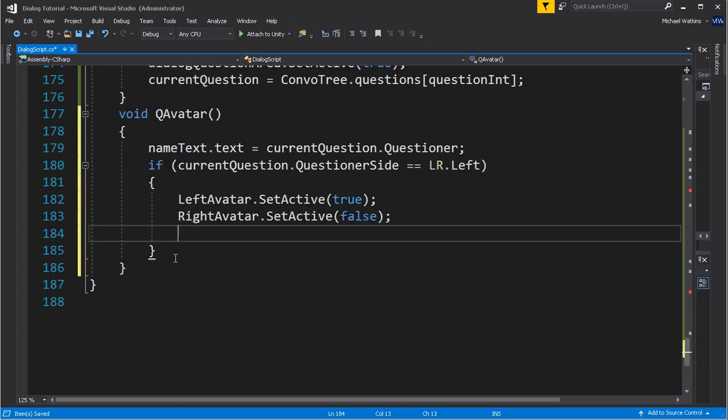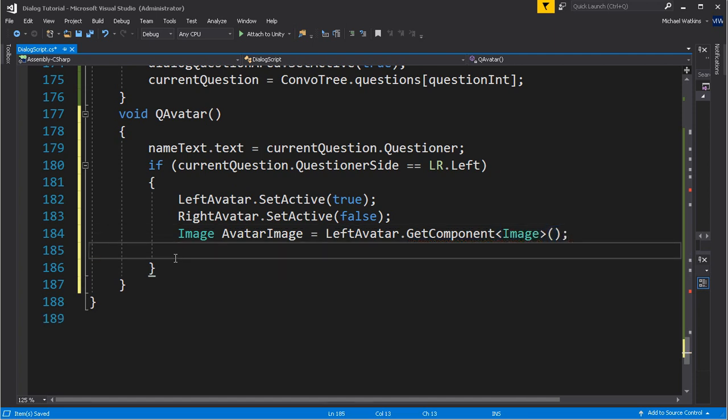Next, image, and this is just like how we did it before. We want our avatar image. It's going to be our left avatar. Get the component of image, and then we want to use it. So avatar image dot sprite is going to be equal to the current question, and we have our questioner image. Just copy,